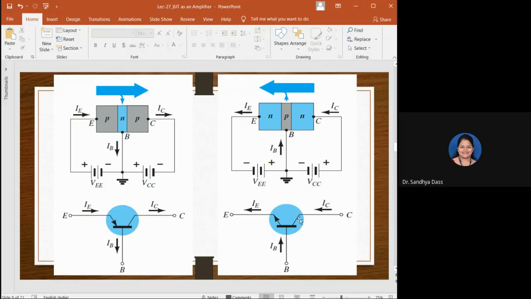This is NPN transistor. So as I mentioned, the emitter current will be going outside. So the NPN transistor arrow mark will be pointing outside the terminals there. So this is emitter, collector, and base terminal. In PNP transistor, the direction of the emitter current will be inward. So the arrow mark also will be pointing inside the device like this. So that should be helpful to understand the direction of the currents. Please note down this, it is very important.